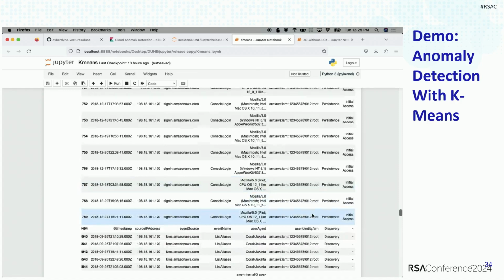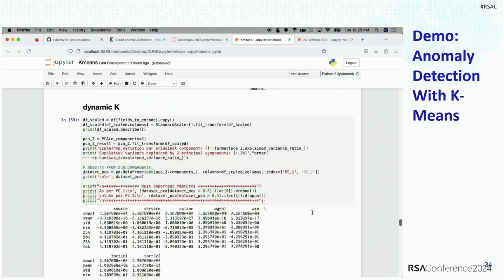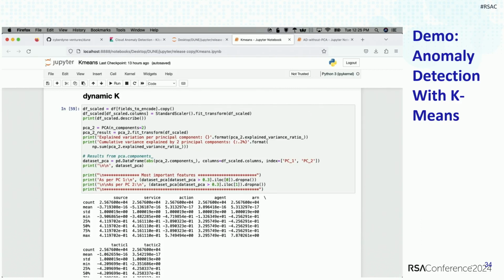And the idea being that when all is said and done, in the final output here, we have similar results to the first notebook. I did a similar thing where I got rid of some of the discovery events to reduce the search space. When it's done plotting the clusters, the outliers will tend to be visible because they'll be far away from the clusters. Maybe not even in a cluster at all, but far away from them on a graph. So it's a way of finding outliers.